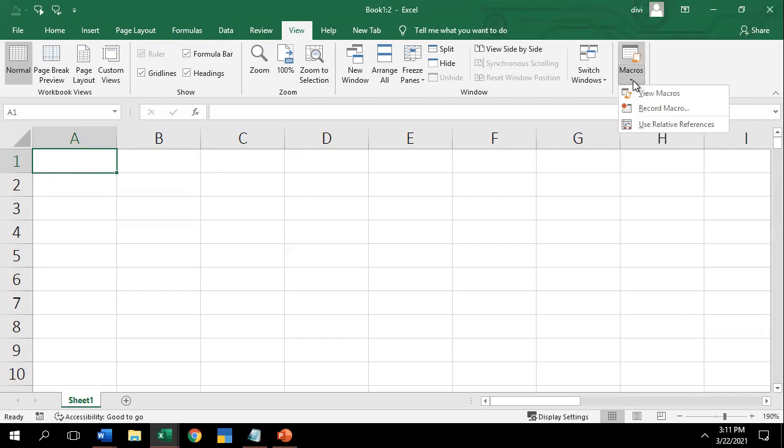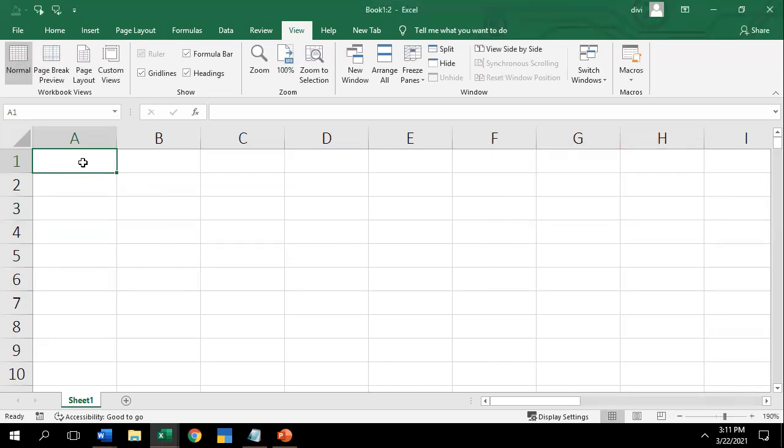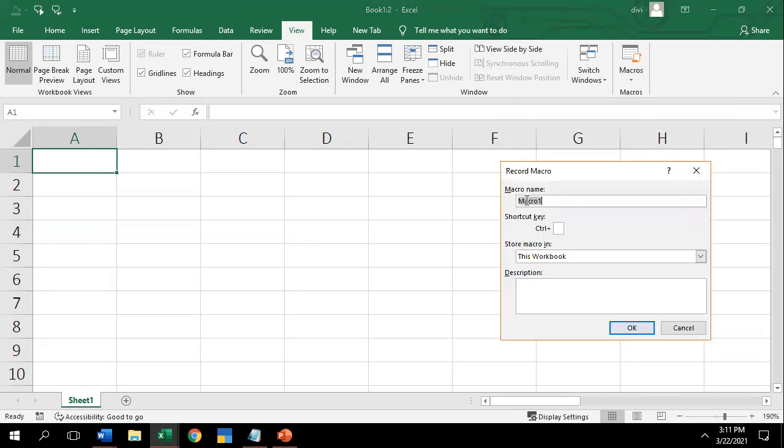So click on macro, click on record macro. I have already created one, and I didn't have any data present, so I'll click on macro, record macro. You can see that Macro1 is there, or you can change it.